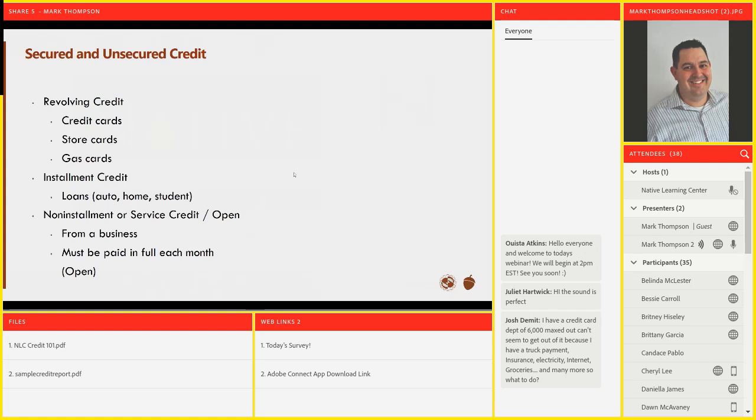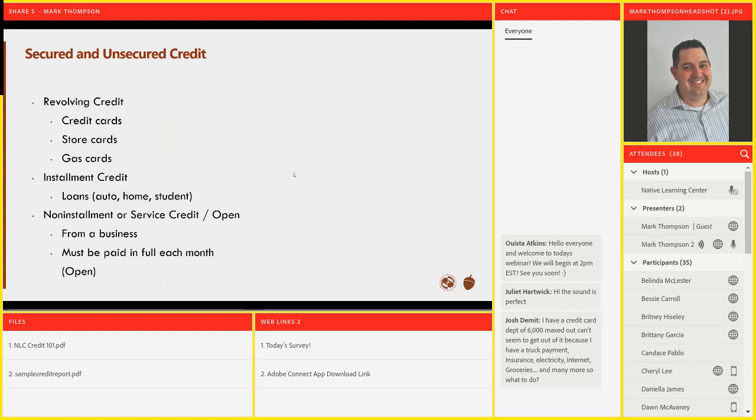And I think we can see the difference between revolving credit and installment credit just in the application process, right? We're not applying every single month for a credit card, right? Once we get our credit card and we maintain it, we have that credit ongoing. Whereas with a loan, every time we want a new loan, we have to apply for it.